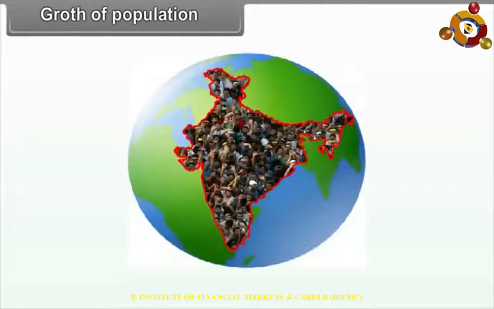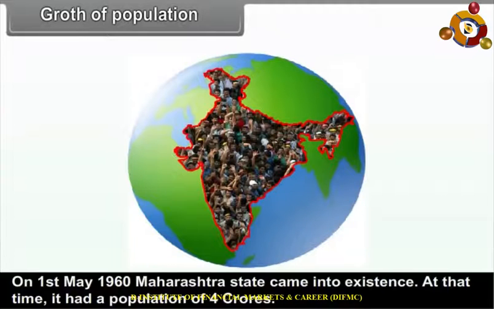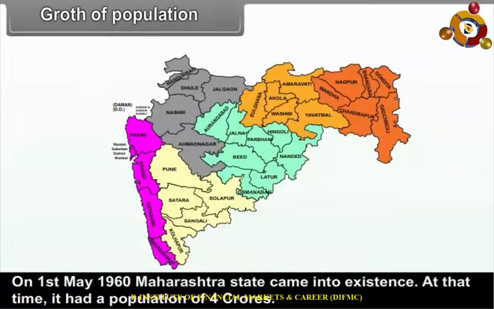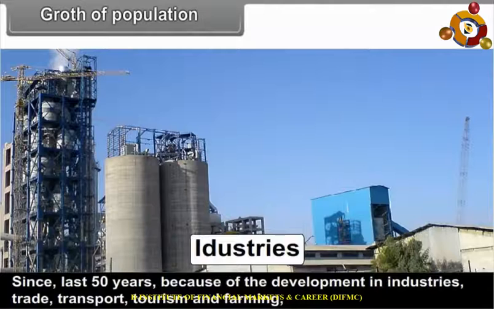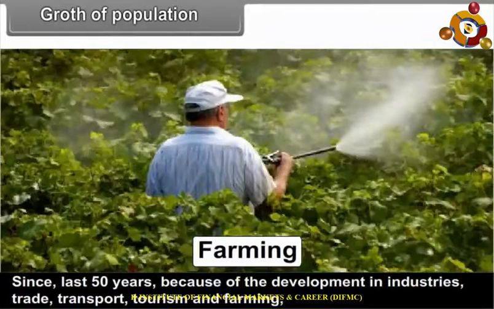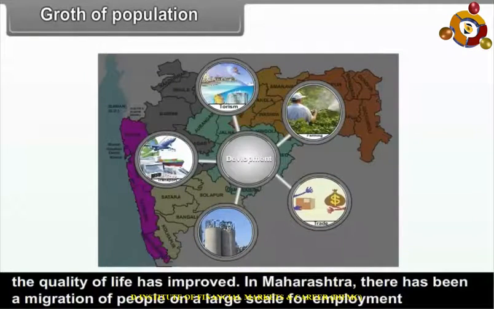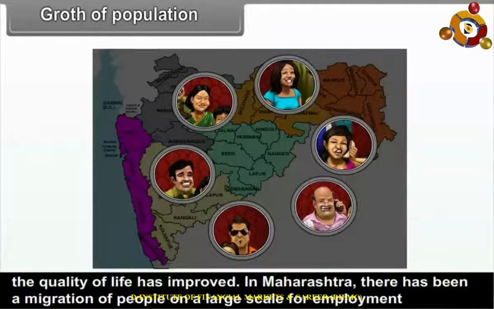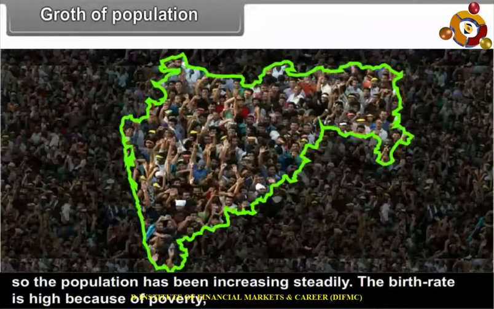7.1 Growth of population. On 1st May 1960, Maharashtra state came into existence. At that time, it had a population of 4 crores. Over the last 50 years, because of the development in industries, trade, transport, tourism and farming, the quality of life has improved. In Maharashtra, there has been a migration of people on a large scale for employment, so the population has